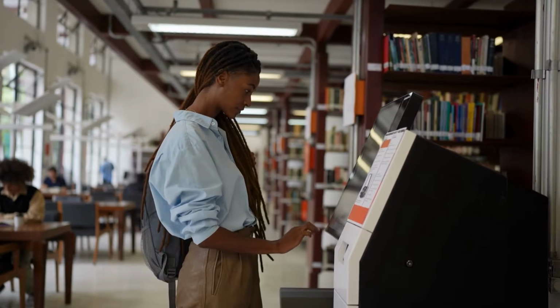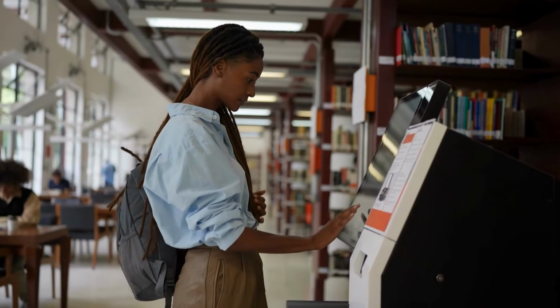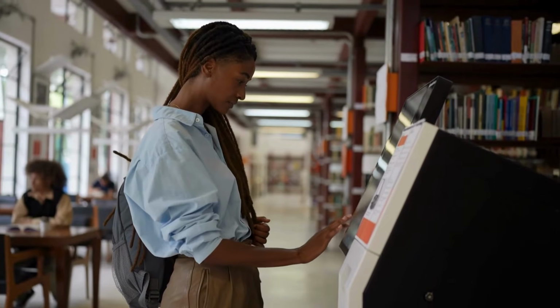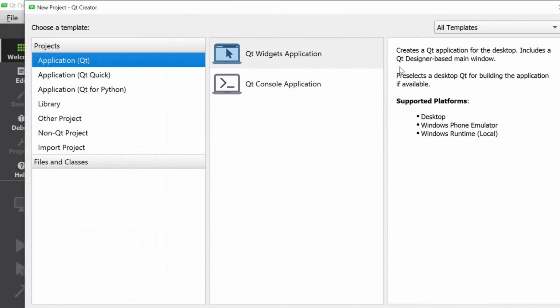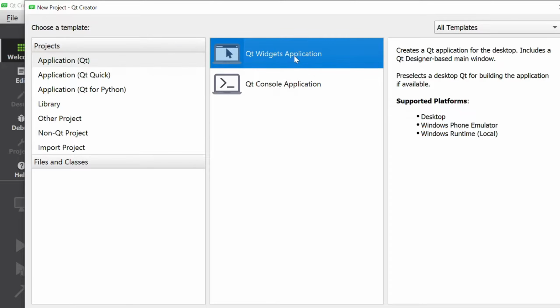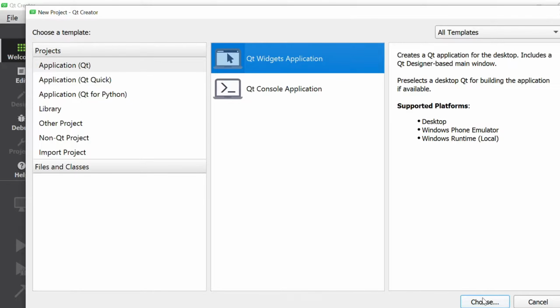In this video we will create a project library management system in the Qt framework using C++. So here first of all I will create a new project by pressing this new or plus button. Then I will select this widget application, and then I will decrease its size, and then here you can see